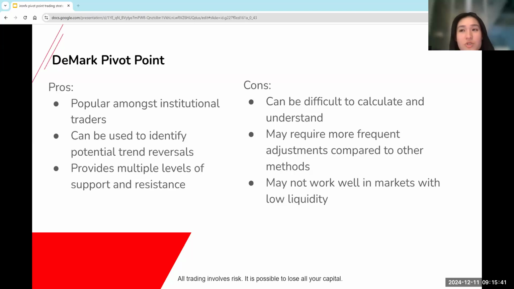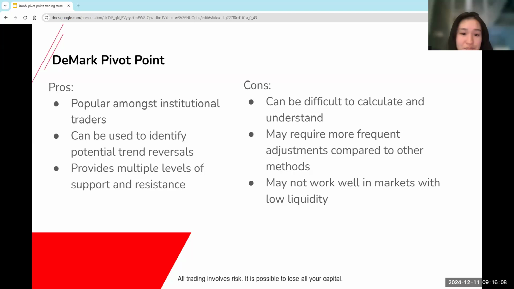So overall, just to generalize, the strengths of most of the pivot point methods is that they're quite easy to understand and use. Plus, they're pretty versatile as well because they can be used on any financial market, so stocks, Forex, commodities, or even your crypto. And as we mentioned earlier, they have predictive power as well, since they provide forward-looking levels based